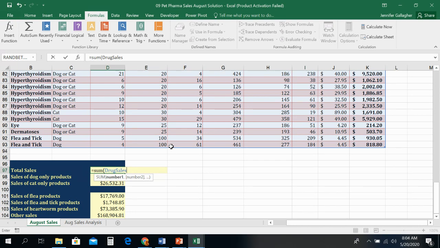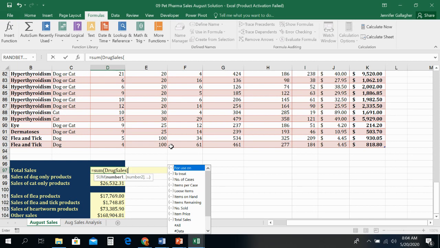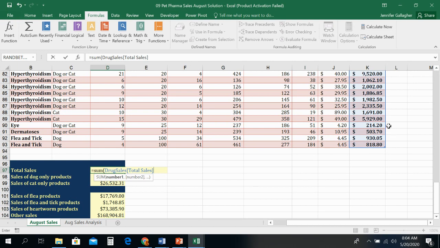All right, so now I want to reference a column inside of my table. So I need that left square bracket, and here comes the list of all the columns. So I want total sales. So I'm going to double click on that, and I'm going to put my right square bracket in. And it's not until I put my right square bracket in that I see it referencing over here the column K. So what I have said is I want a total of something in the drug sales table, in particular, the total sales column. All right, so I'm going to press enter,